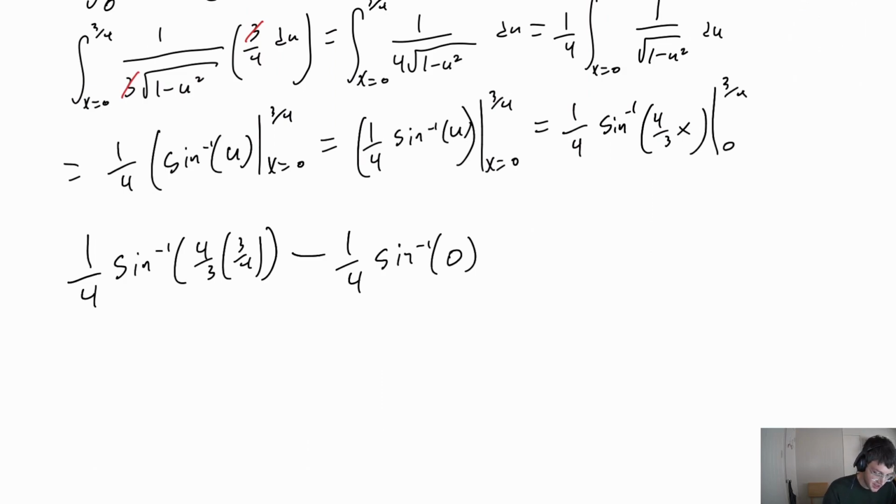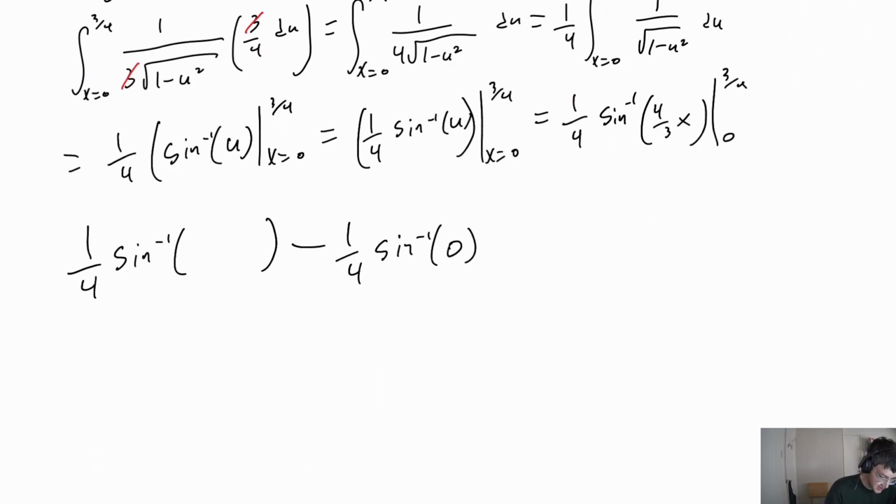So I'll go ahead and erase this now to give me 1. So what is the inverse sine of 1? What angle, when I plug it into the sine function, gives me 1 as an output? Well, it's pi over 2, because the sine of pi over 2 is 1. So we get 1/4 times pi over 2